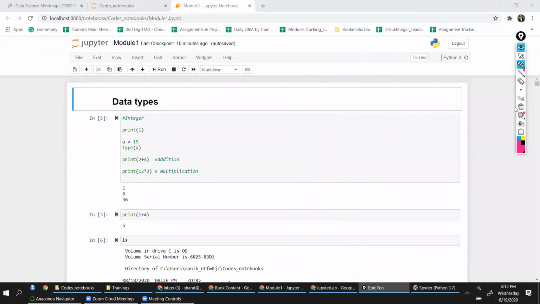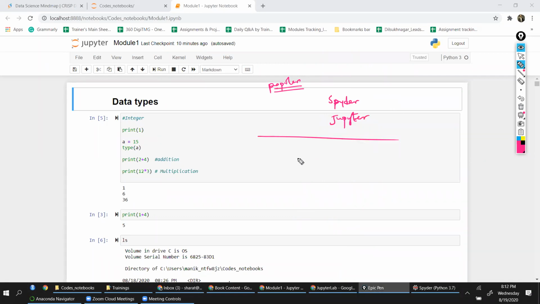Then we started to understand the graphical user interfaces that are available for Python. For the data science community, we are focusing only on that. And the most popular ones are Spyder and Jupyter notebooks. Jupyter notebook is what we were trying to do. And of course, we'll also be using Spyder.